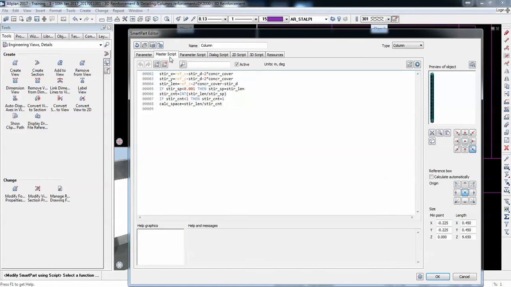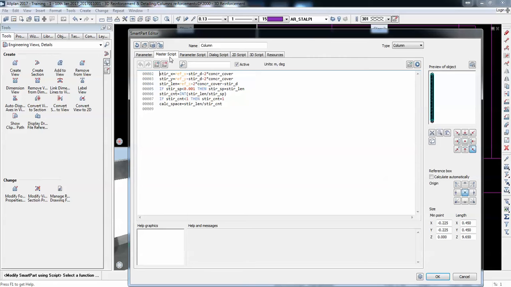Then there's a master script, which is a script that runs before other scripts. For instance, we have here steer x, which means how we calculate the steering, the variable reference x. So in order to draw a stirrup using the code, we have to start with analytical geometry. We start from a coordinate system and we offset it, we see here from a point we start drawing that box.